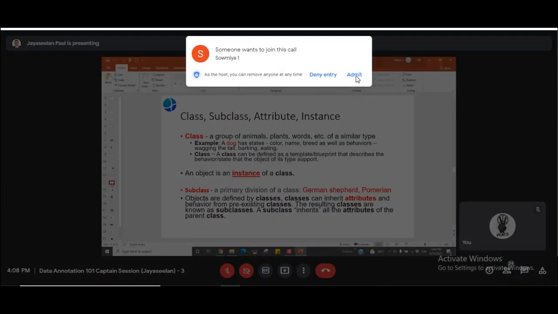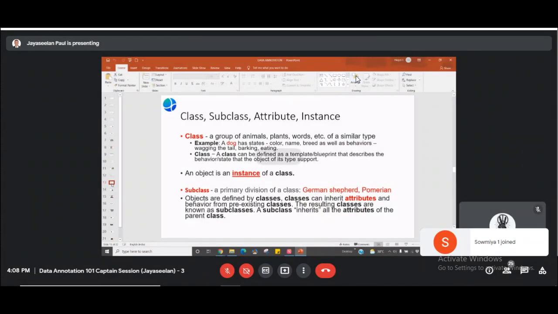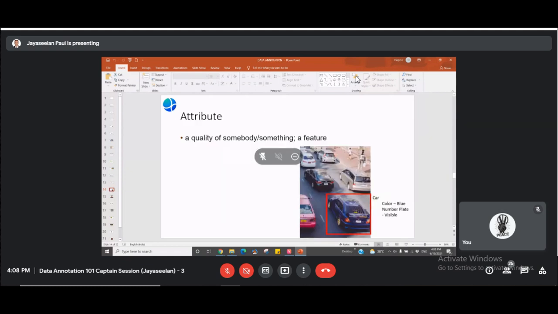subclass, attribute, and instance. Class was a group of objects which are classified based on some characteristics or states. So we saw all cars. One type of vehicle is car, like bus, lorry, bicycle.